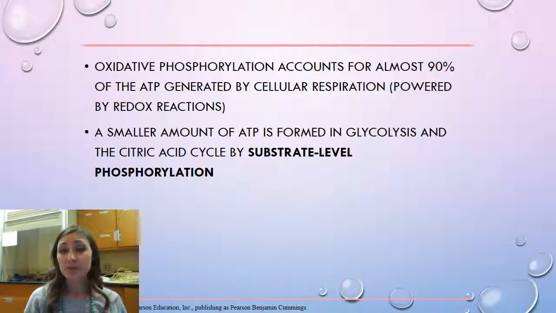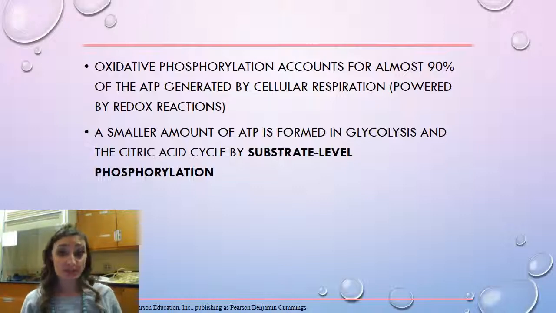So oxidative phosphorylation is where you get 90% of the ATP that is generated from cellular respiration. Remember, that happens at the very end of cellular respiration. You have to have oxygen in order to get 90% of that ATP, and it has to happen in the inner mitochondrial membrane. A small amount of ATP is formed in glycolysis as well as the citric acid cycle,